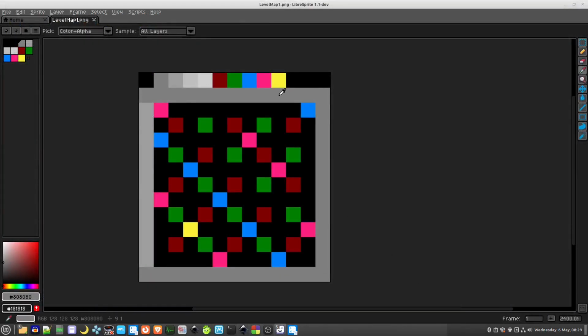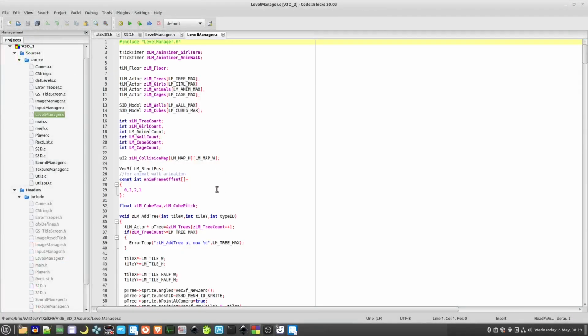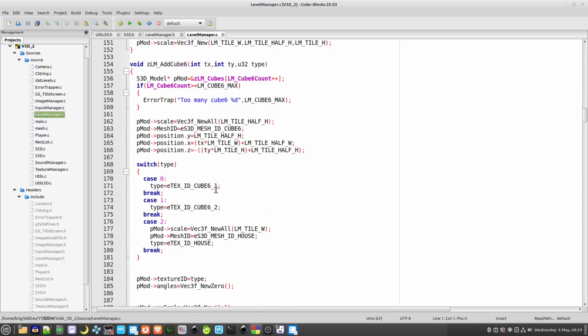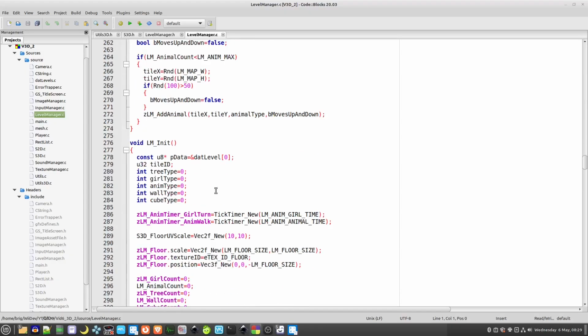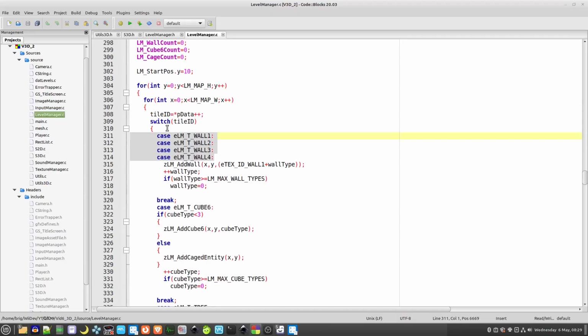So the solid ones here are cubes. I thought it'd be more interesting, as there are 4 different wall textures, to draw them over each individually every time it found a wall. Which is why if you come into the level manager code here, where it adds in the walls, you'll see that the switch case thing here basically groups them all together, and then there is one function for